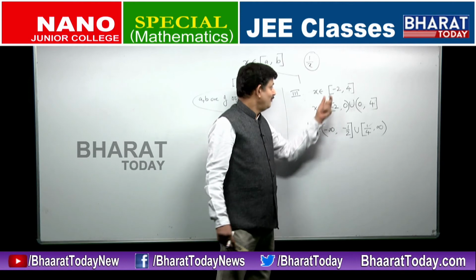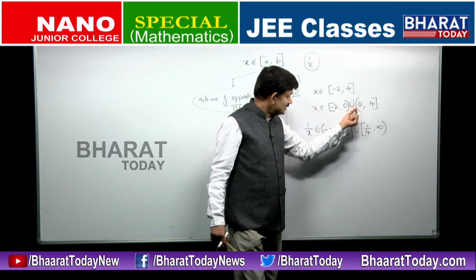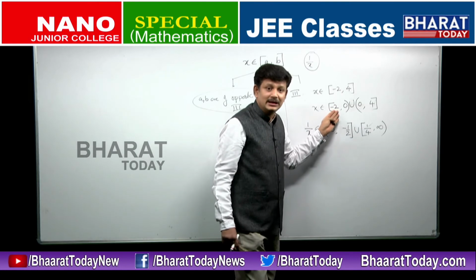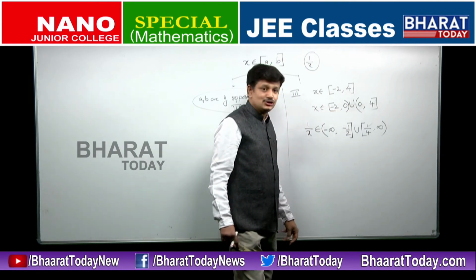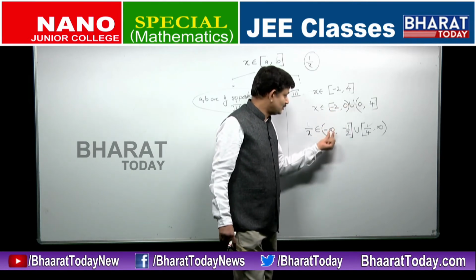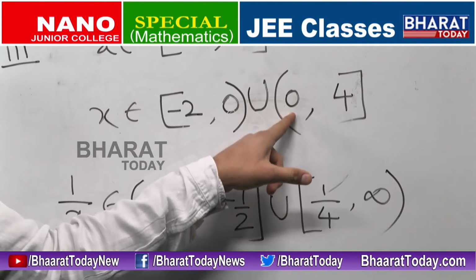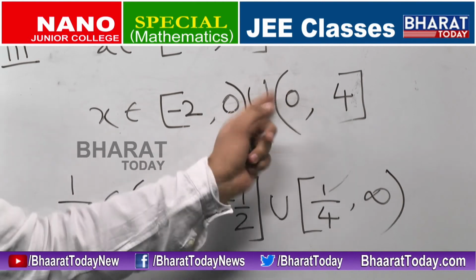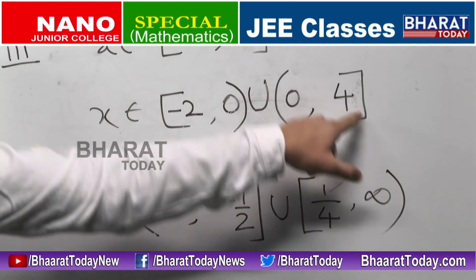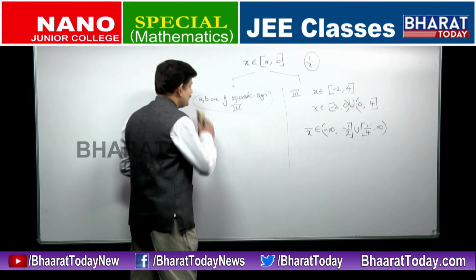Is it not simple? What did I do? Whenever 0 is in the interval, I remove that 0, separate it into two parts. One part is a completely positive set of numbers, another part is a completely negative set of numbers. We discussed in case 1 and case 2 that simply you have to interchange the positions. So -2 reciprocal is -1 by 2, 0 reciprocal, because it is negative here, minus infinity. 0 reciprocal, it is not 0 reciprocal, it is a number slightly greater than 0, it will be very huge, and it is plus infinity. 4 reciprocal is 1 by 4. Is it clear? Shall we solve one more question in this pattern?